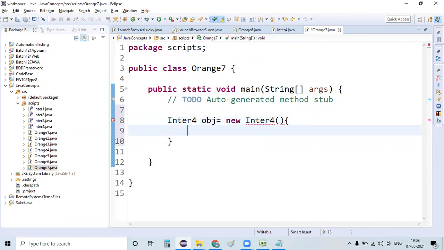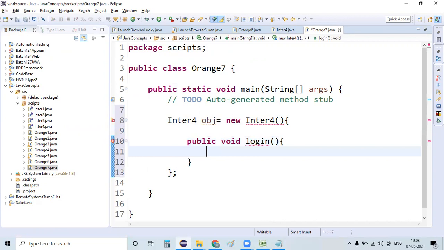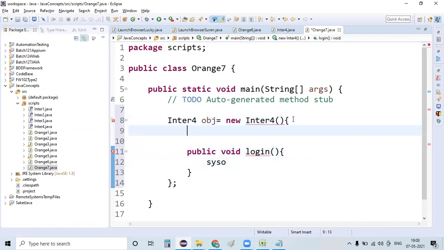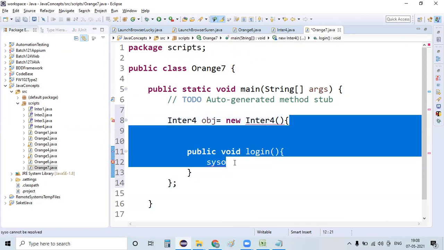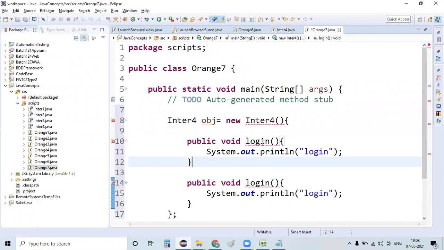Here specify this logic with a semicolon. There are two unimplemented methods. Specify the logic. So public void login, this is the first method. System.out.println login. And I have one more unimplemented method, which is logout, and I'm changing it to logout.